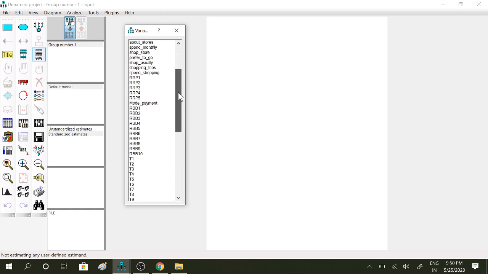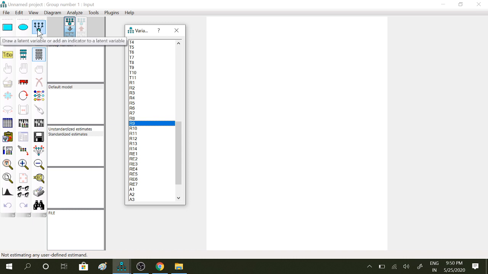See, so now we have to perform the structural equation modeling for the 9 variables R1, R2 up to R9. These are the variables computed from the 5-point scaling technique. Okay, now we draw the diagram. Just we go to the first row, third column icon, click this and draw the diagram like this.